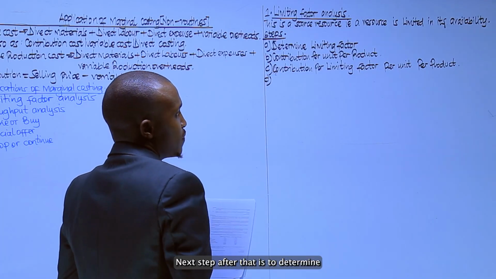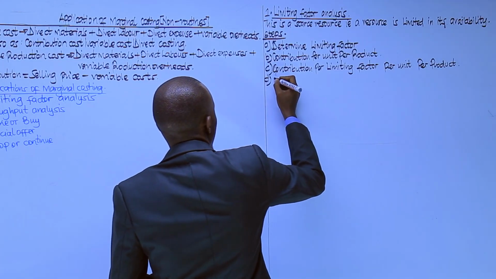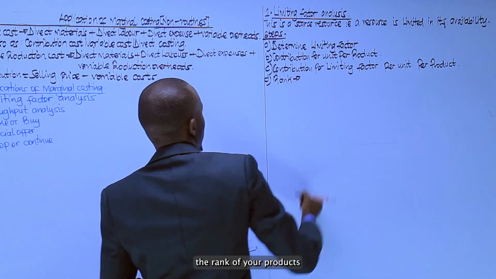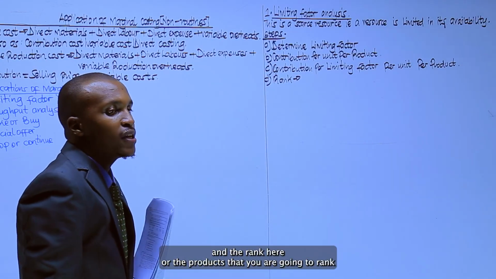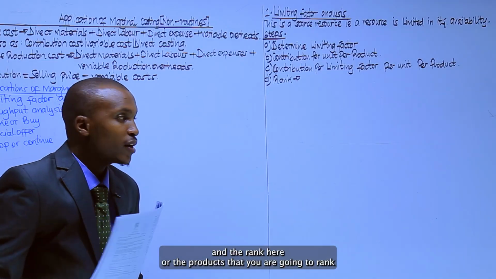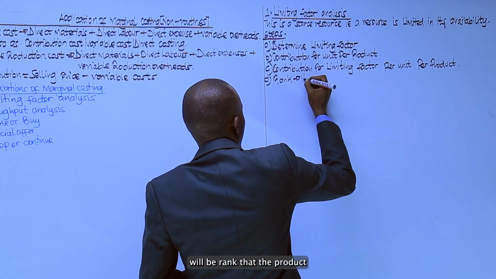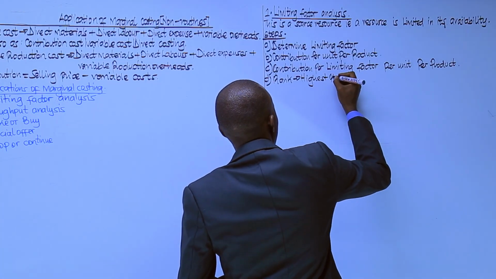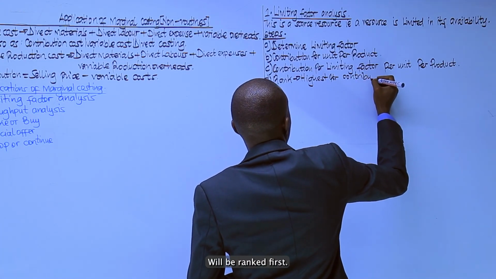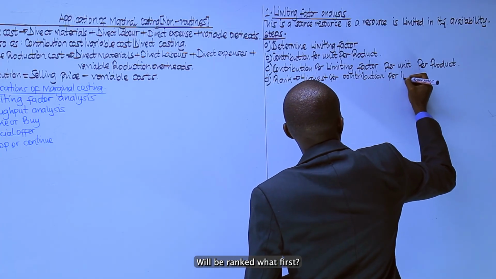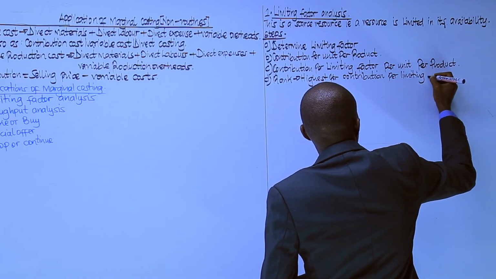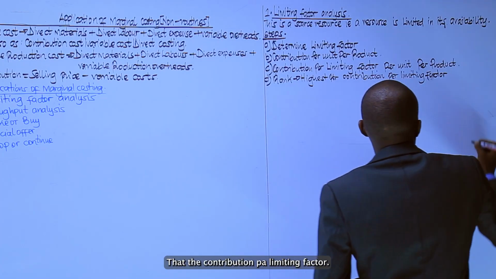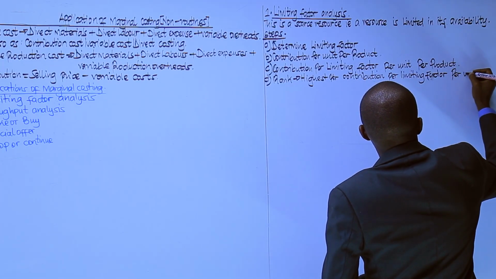The next step after that is to determine the rank of your products. The product with the highest contribution per limiting factor will be ranked first. And remember that the contribution per limiting factor per